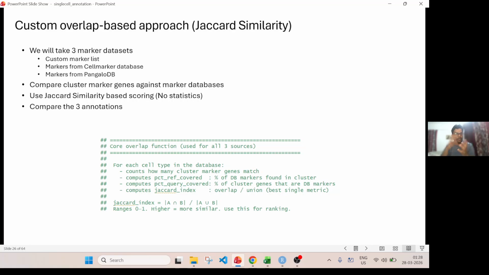So let's say your database has 100 marker genes for a given cell type, and when you overlapped with your clusters, out of these 100, let's say 10 overlapped, that means 10%. Or similarly the other way around, your top 20 markers, how many overlapped, both ways, like how many of the query overlapped, so query percentage and